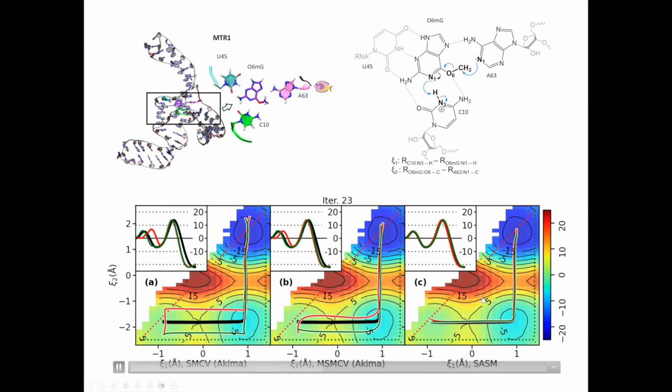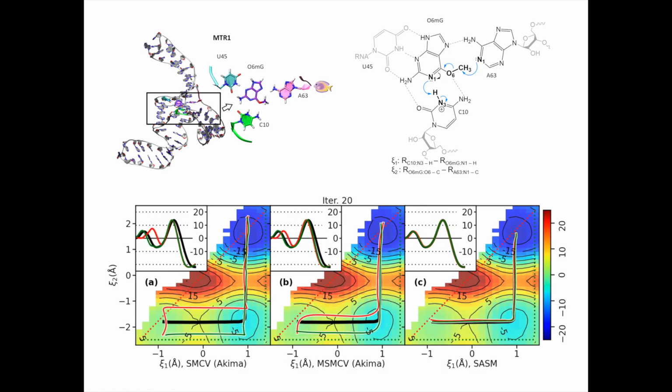You can see the one on the right converges very, very quickly. The one in the middle converges more slowly, and the one on the left converges the slowest. But to run that again, keep an eye on the right just to see how fast it converges. This allows us to compute minimum free energy paths for expensive systems. Expensive meaning sometimes when we're computing these calculations, we're using high-level quantum mechanics. It costs a lot of computational time.